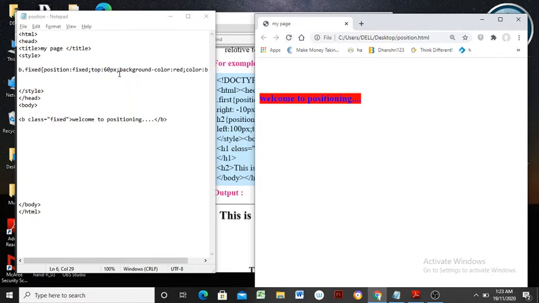Again, such types of effects we can apply, leaving a space at left or right, might be. If you want to apply it, it is possible.